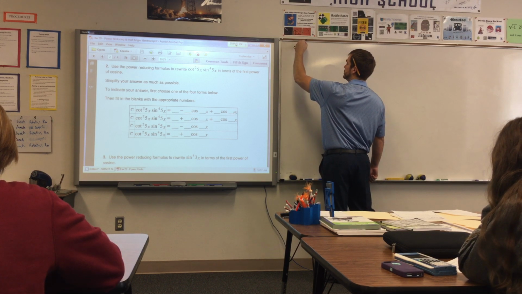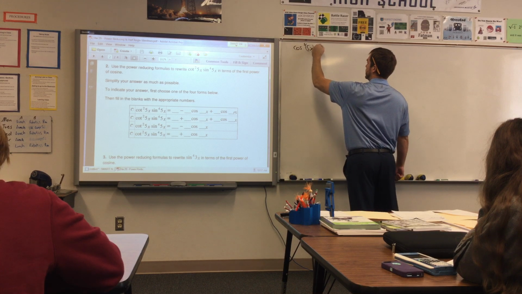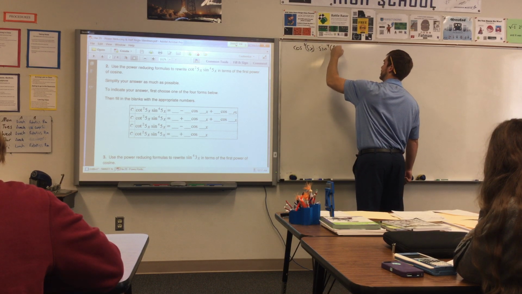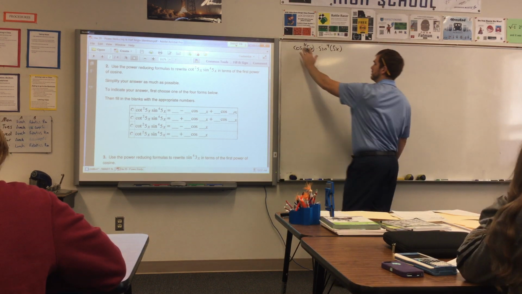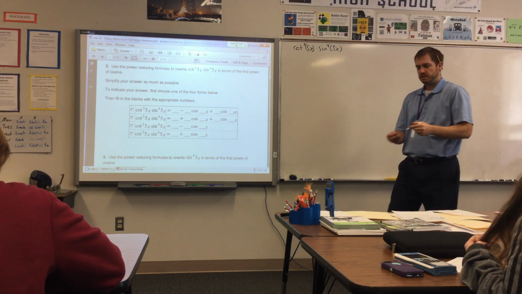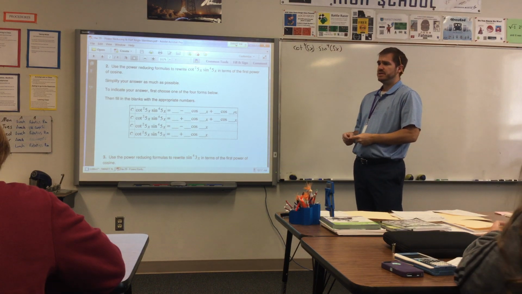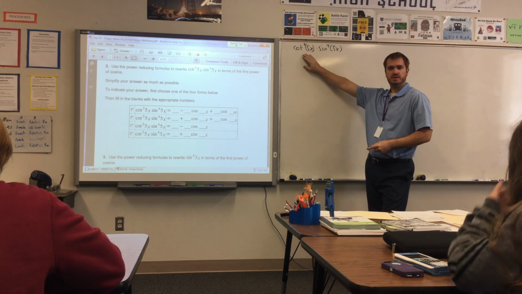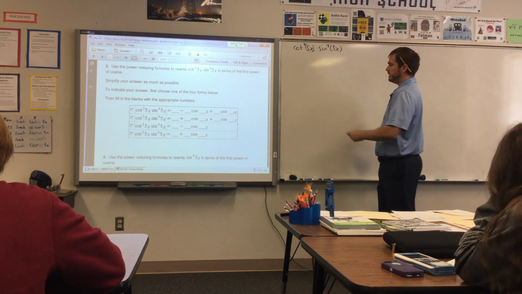Alright, this says cotangent squared of 5x times sine to the fourth of 5x. As a general rule, we don't like the reciprocal identities: cotangent, tangent, secant, cosecant. One of the first things we want to do is turn everything into sines and cosines. So cotangent can be written as,